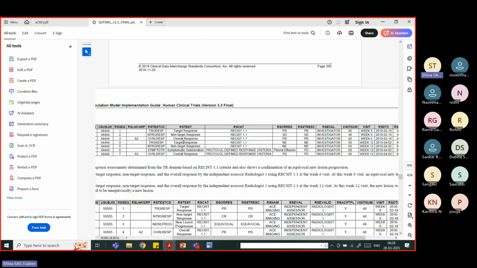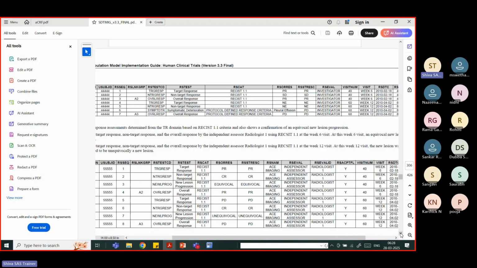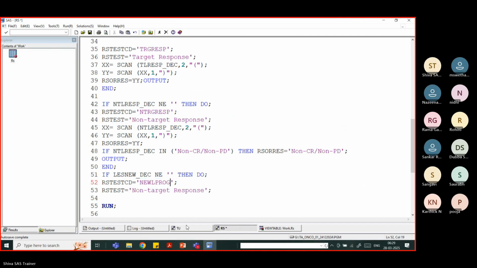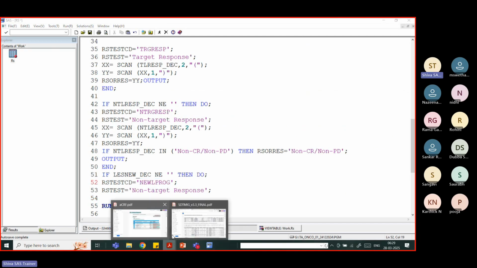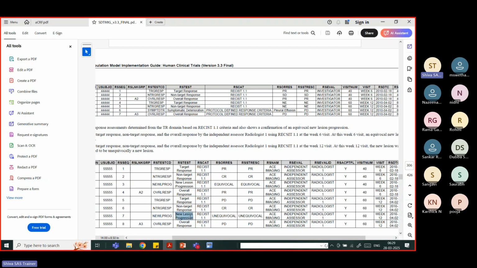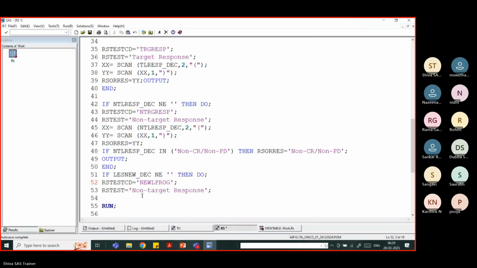So here you can see target and non-targeted. So anywhere new lesion progression. Okay, so we can give the new lesion progression short form, and the text of the test is new lesion progression. Okay, and the ORRES is equal to,